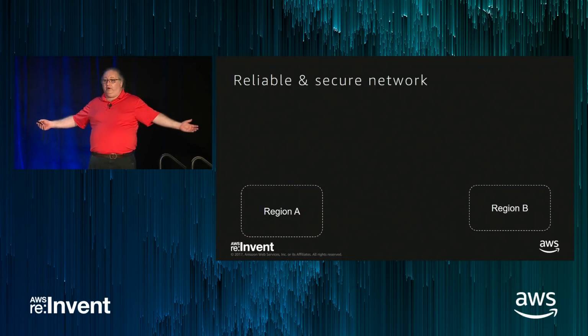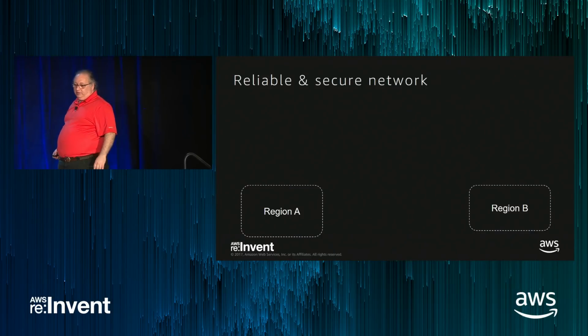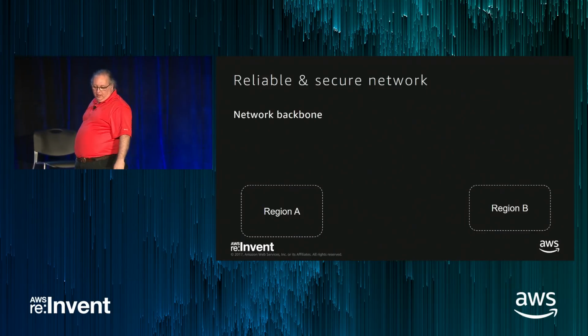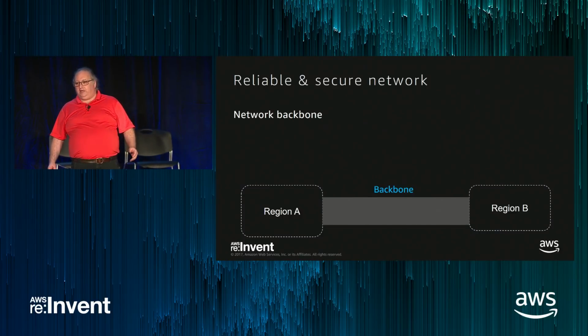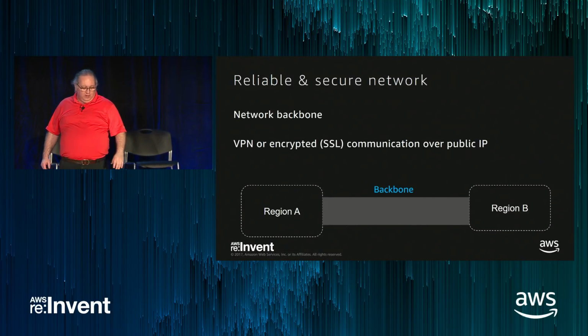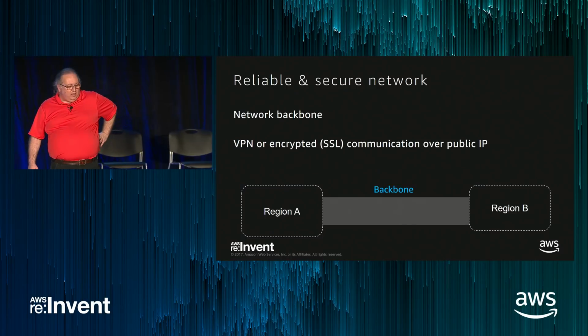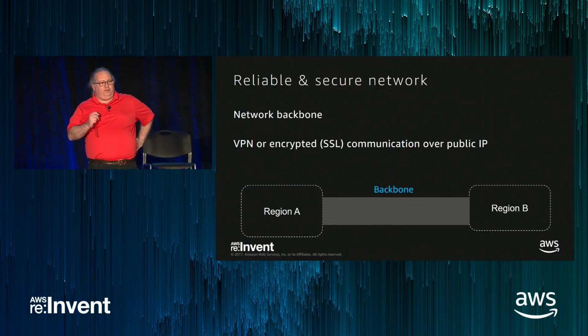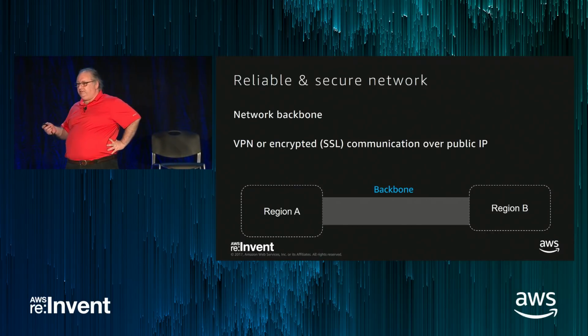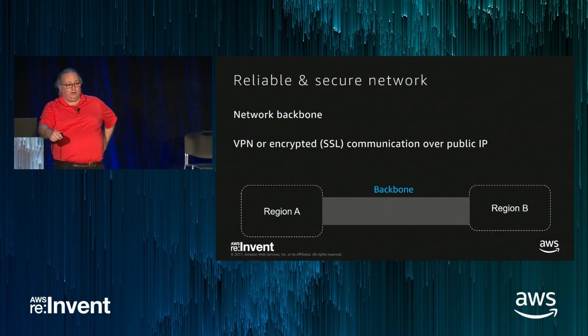Well, first one, of course, is a network that you can trust. Right? I need my network to be reliable. I need my network to be secure. I need to have a good backbone. Well, of course, if you're using AWS, we have a fairly good backbone that is connecting together the AZs and connecting the regions back and forth to one another. If you're all in the cloud, that's great. And we've got a lot of great customers, Netflix, Airbnb, not all of them internet companies, places like Kempinski Hotels in Europe or Time Inc. that are all in the cloud.